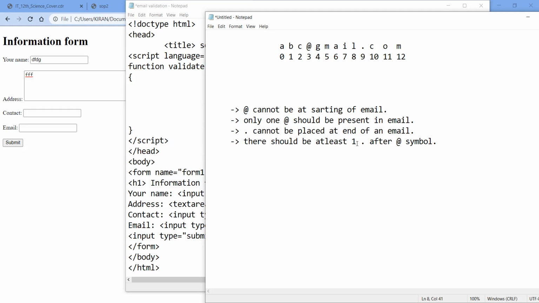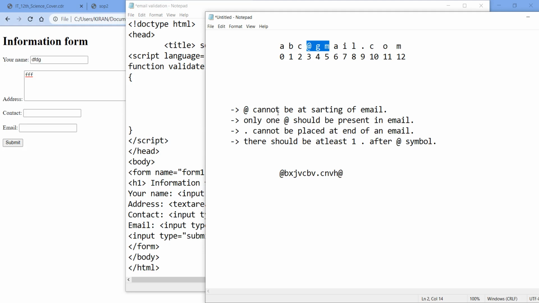So what does this mean? In an invalid email address, we cannot include the @ symbol at the starting. Suppose I have written an email address in this form, @ something dot something. In this email address @ is at the starting, so this kind of email address will not be considered valid. We also cannot include it at the end. This form is an incorrect email address. That is the first condition. This is a valid email address. See, in this email address @ is not at the starting or at the end, it is in the middle.